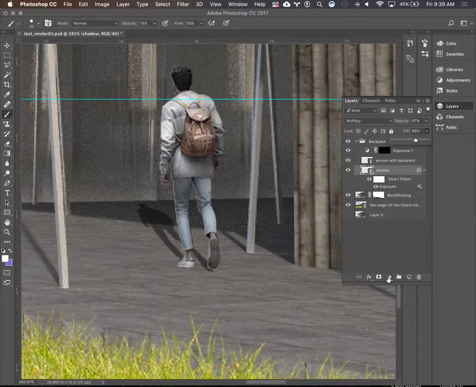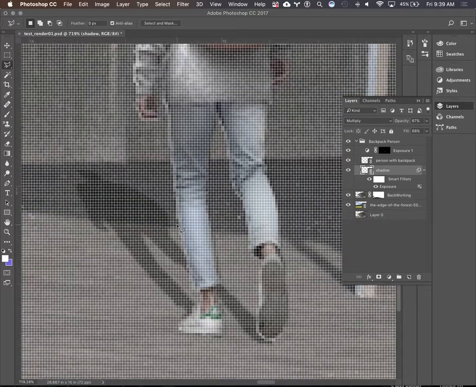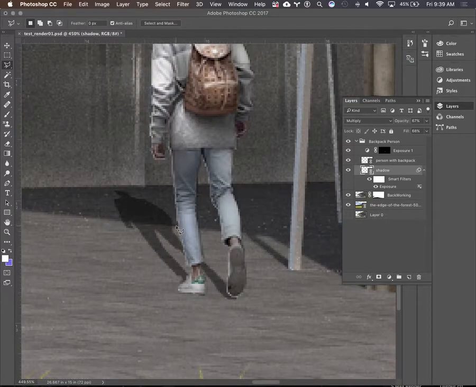So what we can do is just simply make sure that our layer is selected that we're working on. Go to our selection, polygon selection tool, and select that, and